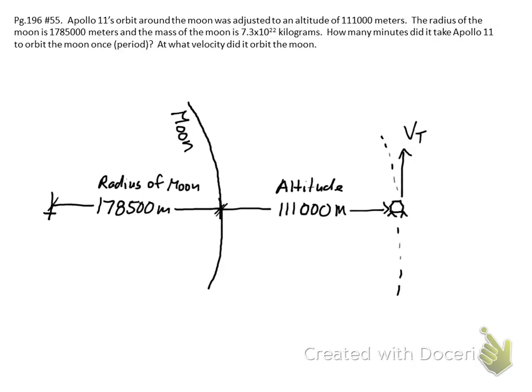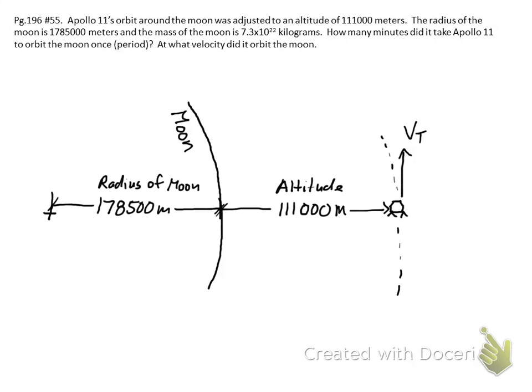Also, when you do this sketch here, the radius, and how do I know that this 111,000 meters, the problem said it was a radius of orbit. And that's a little bit confusing, but when you do the sketch, you quickly realize that 111,000 meters is way less than the radius of the moon. So unless I'm orbiting through the mantle of the moon, I quickly realize that that has to be an altitude. So the distance that we're going to plug into our equations has to be the radius of the moon